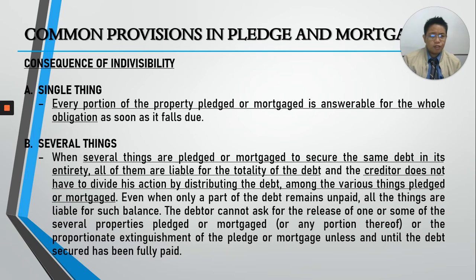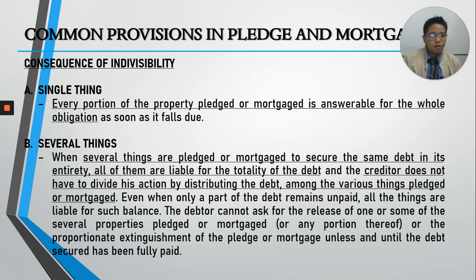refrigerator, television set, and also vacuum cleaner. Gusto ko talaga yung vacuum cleaner. Hindi ko alam kung ba't lagi nalang vacuum cleaner naiisip ko. Anyway, so for 20,000 debt, tatlo yung sinangla ko. So remember here, class, that all of the properties which I pledge are liable for the debt. So they will secure the debt. So tandaan nyo dyan na yung tatlong yan, liable sila para sa buong 20,000 na utang.